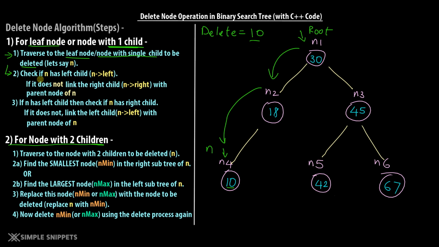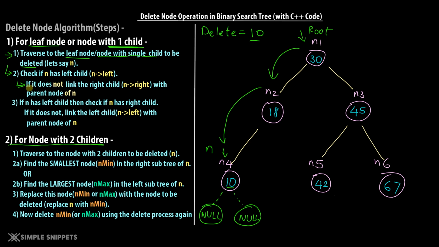Now in step 2 you'll say check if n has a left child. So over here, does n, that is n4, have any left or right child? No. So when it does not have any child, programmatically it will have null. Correct? When it has nothing, it will have null from the programming perspective. So you have to check if n has a left child, that is n of left. It does not. So the next step is, if it does not, then link the right child with the parent